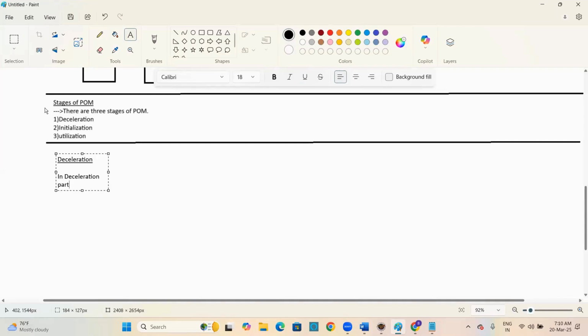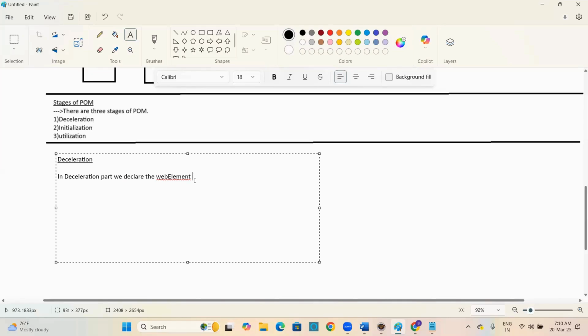In the declaration part, we declare the web element form by using